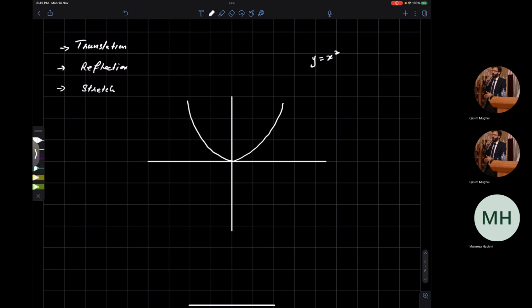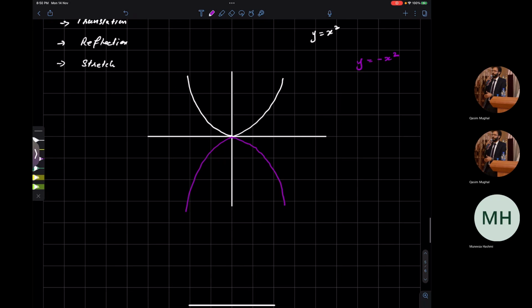Nice. Okay, and if I say I have y equals minus x squared, then how is the graph going to be? It'll be the same, but it'll be concave downwards, in the lower half of the graph. Nice. It will be the same, but it will be concave down. Very good. All right, now